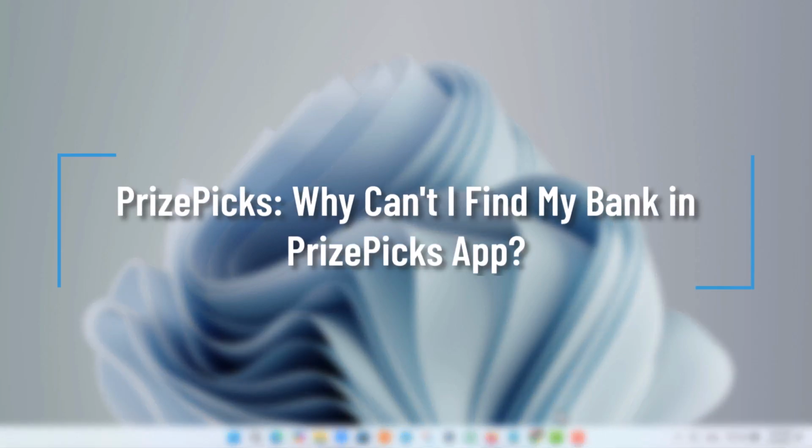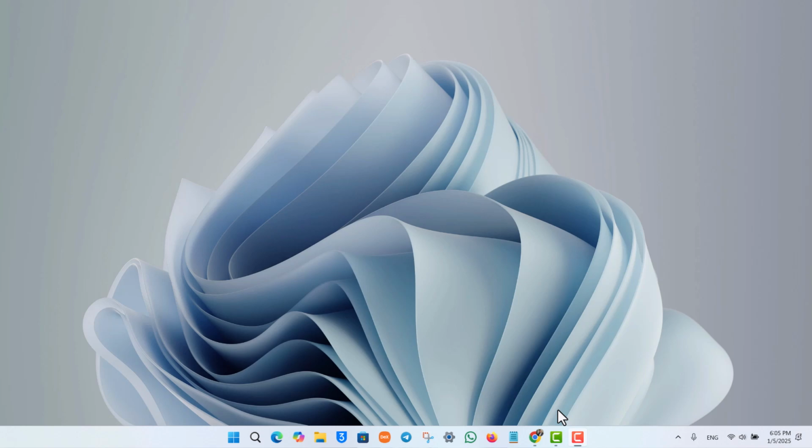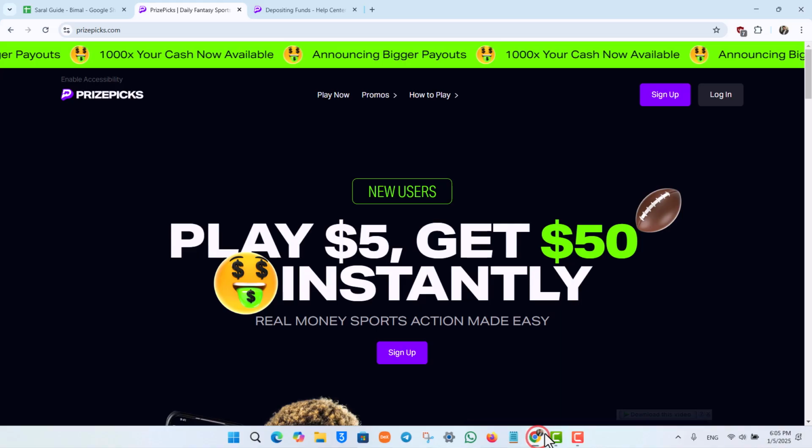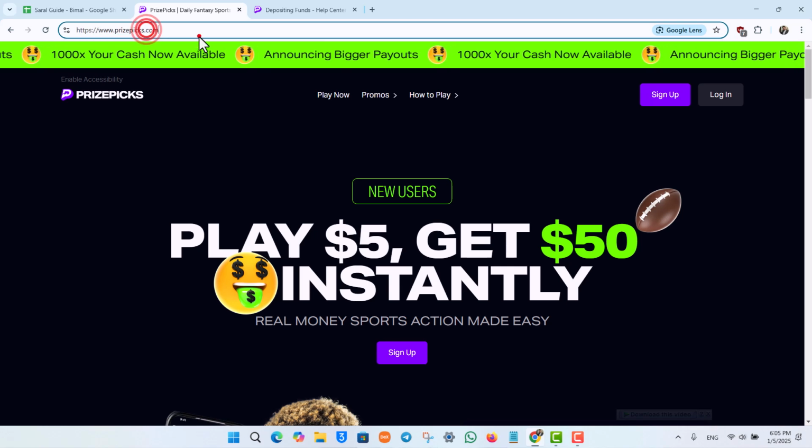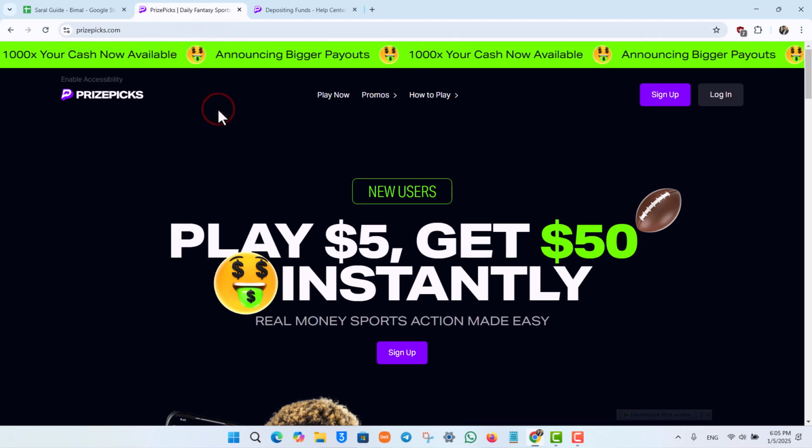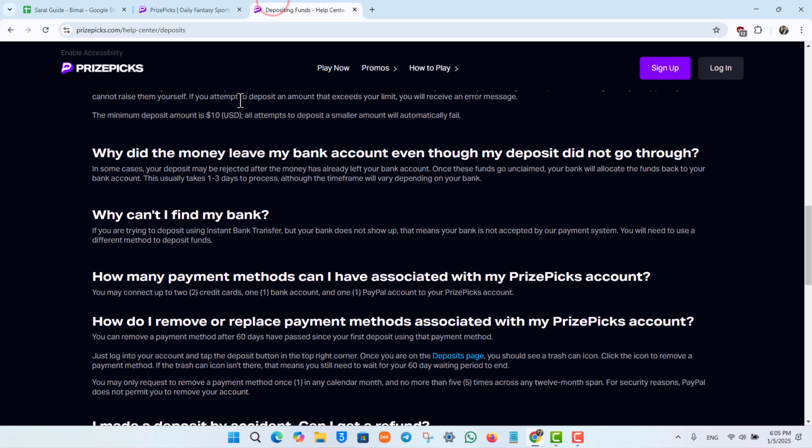Why can't I find my bank in PrizePicks app? Now, if you cannot find your bank in PrizePicks app, there could be a couple of reasons as to why this is happening. Now, what you can do is you can simply open up your browser, then go to prizepicks.com. Once you go to prizepicks.com, here you can also see on a help page as to why you cannot